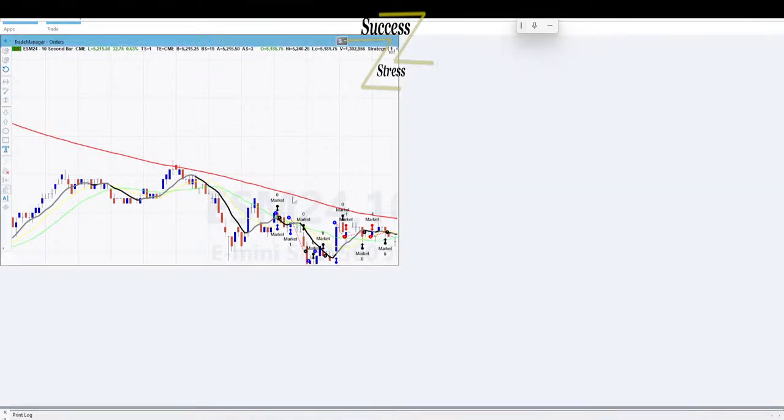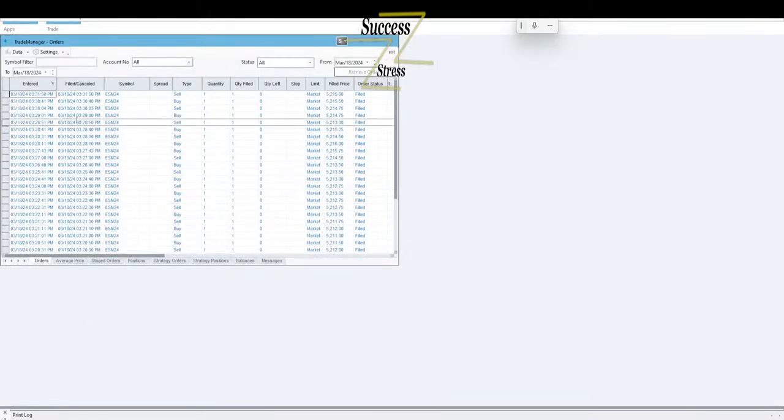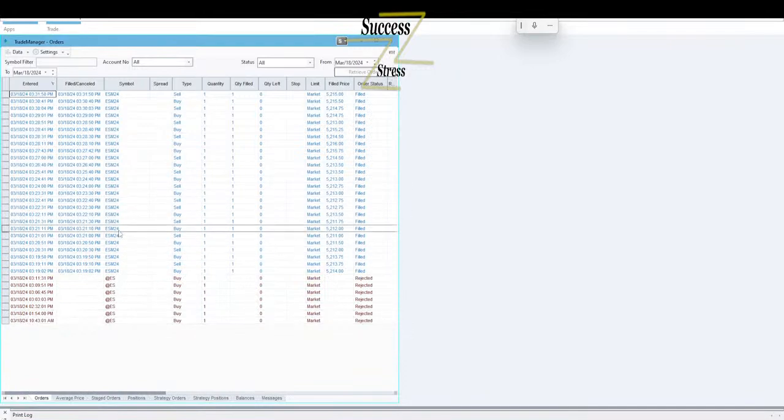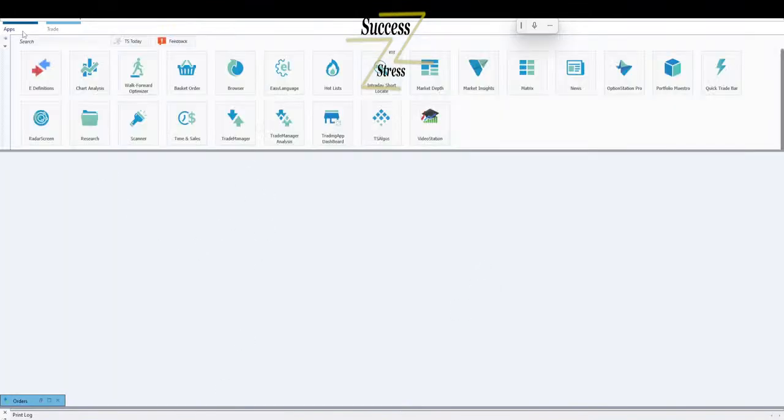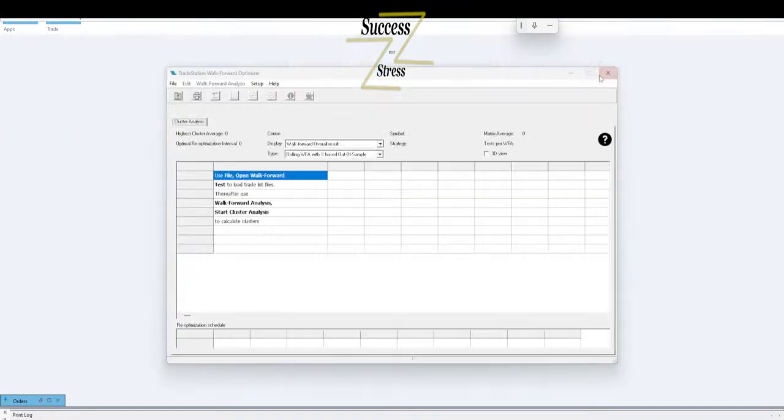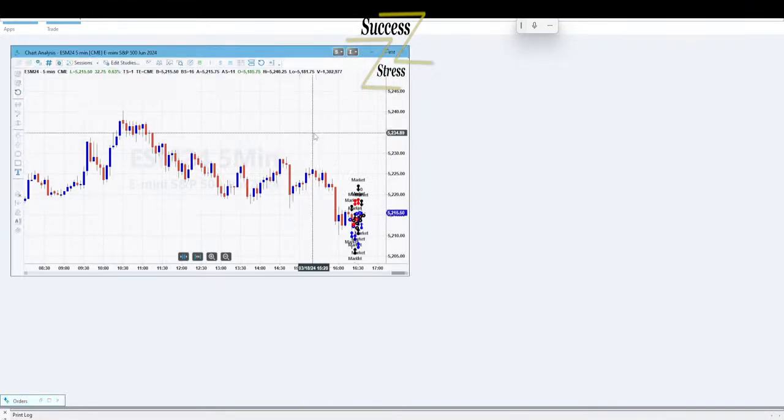So let's go to a new screen. Okay, so these are orders from our automation that we're just looking at. All right, very good. Remember, we got all these rejections because you can't trade the index. You have to trade a futures contract. All right, so let's go to a new screen. We're going to go to chart, and then from the chart,